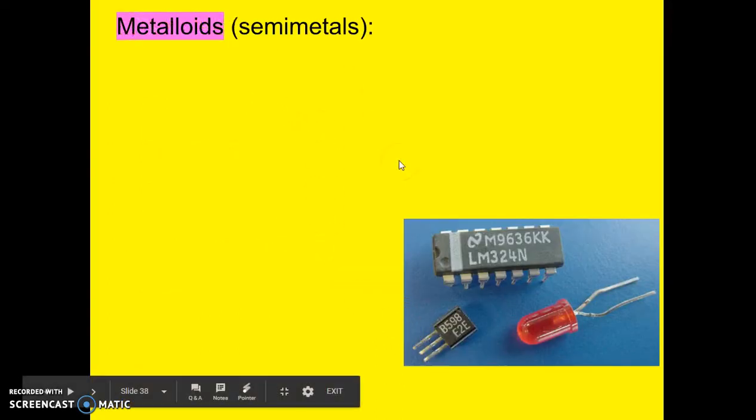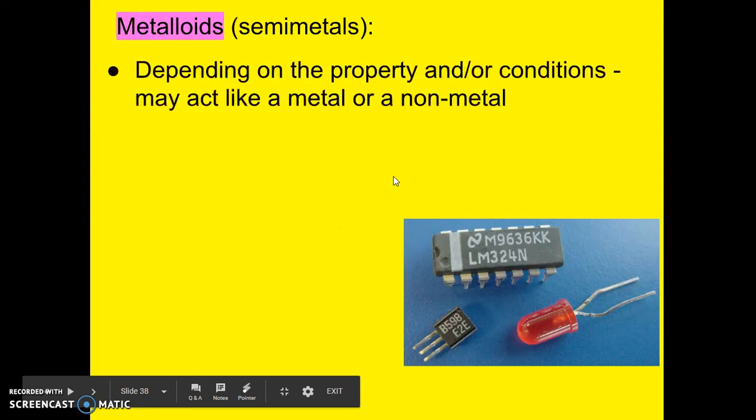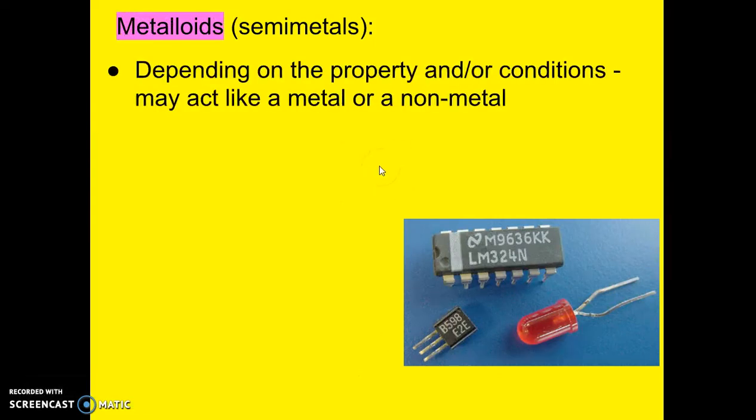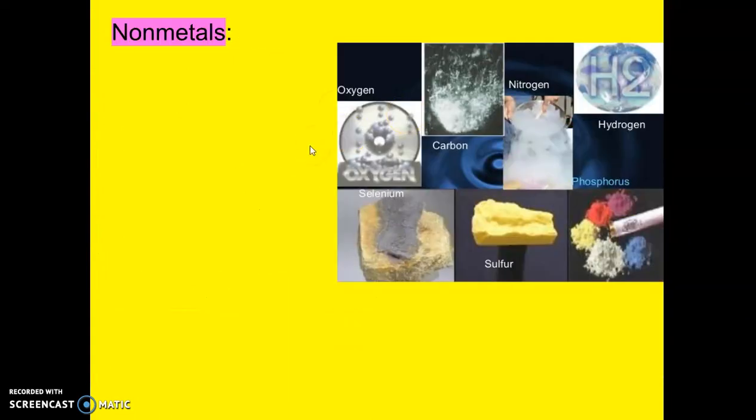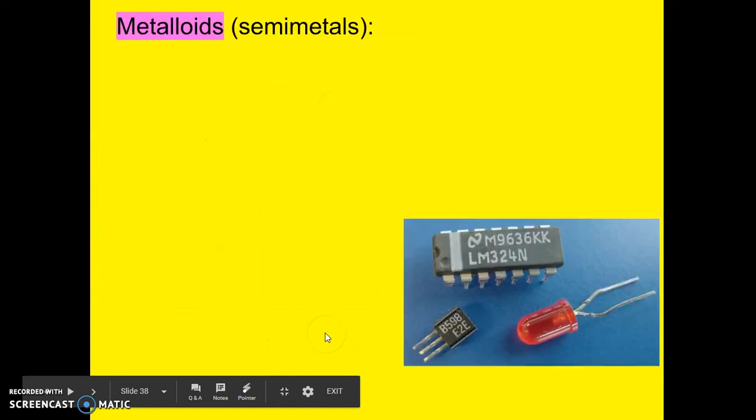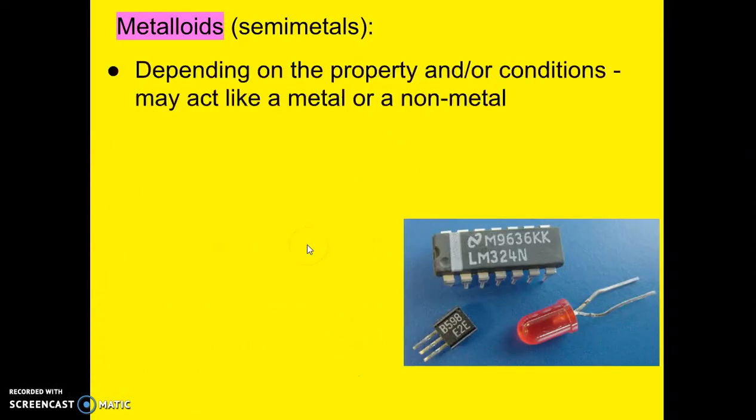The metalloids, the semi-metals, they fall along that dividing line. So they actually touch the dividing line. If we go back, you can see they're the ones that are in yellow. So they're the ones that are touching the dividing line. They're the in-betweens. They're the gray area. They're the ones that have properties that fall in between a metal or a non-metal. So depending upon the property or the conditions, they may act like a metal or a non-metal, which is why